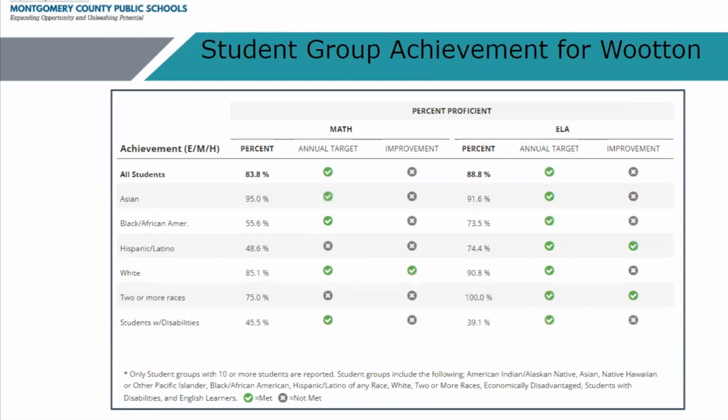So this is our school's report. Take a look. The one side is math, the other side is for ELA. You're going to first see how we did in our measures for the annual target and whether we improved. So for all of our students, we met the measures, right? But we did not meet the improvement target. So meaning our students did well, but did not make enough improvement from the last time this was measured to this year to say that we improved enough. But in some places that did happen, right?